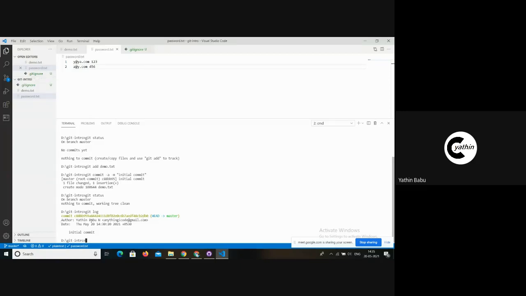That's the principal use I told you about before, the purpose of having a VCS. Within a group, if a developer introduces any changes, we need to know which developer introduced that change, at what time, and what comment he gave to introduce those changes. So that's the purpose of the git log command.